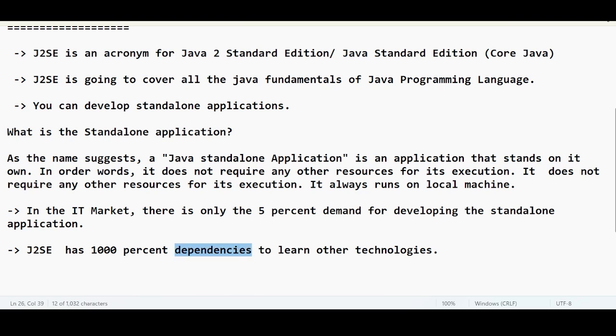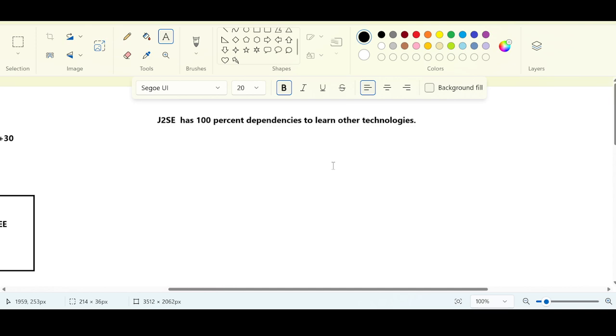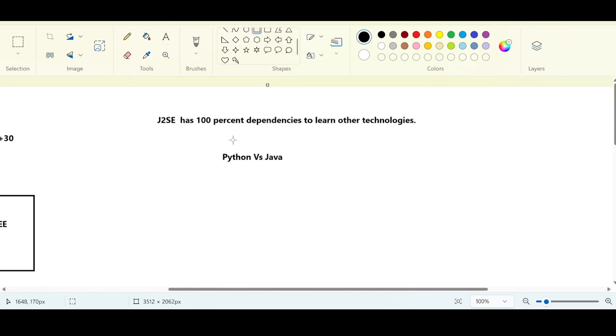Let me tell you something. In the market, what are people doing? Especially the corporate people or the people who are running coaching institutes, they are creating a demand for Python, guys. They are always targeting Java by using Python. Always they say Python versus Java, Python versus Java, right? So the real picture is not about Python versus Java. Python is completely independent. You can use Python to develop different applications.